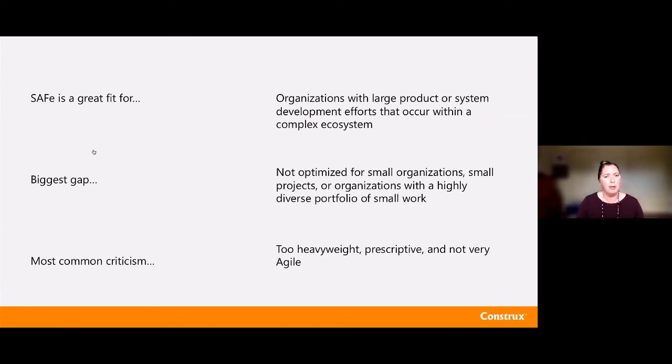I definitely think there are places where SAFe is the right thing for that organization, given the state of the product they have, given the situation they have, given the complexity of the ecosystem they're building it in, the sizes of the teams they have. So for me, scaling frameworks aren't really about this one's good, that one's bad, or always use this one, never use that one. It's really about 2 things.